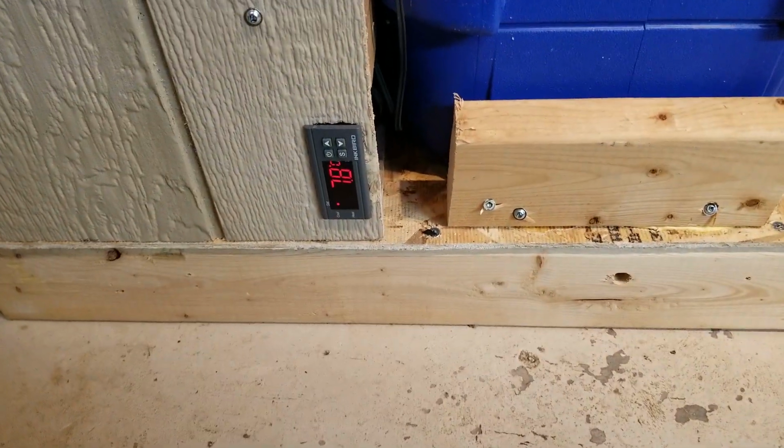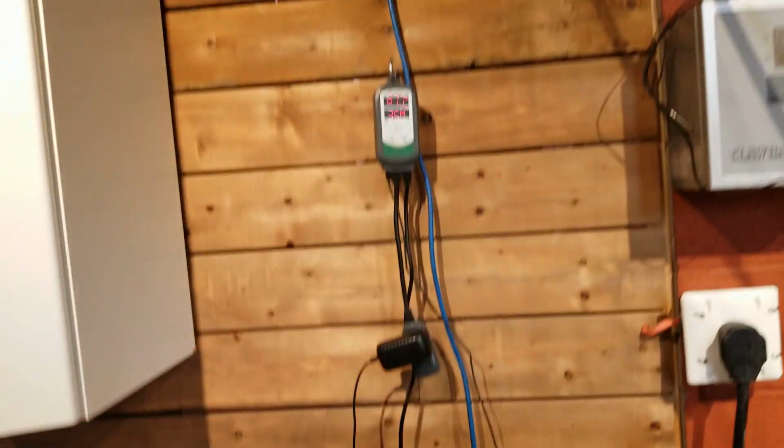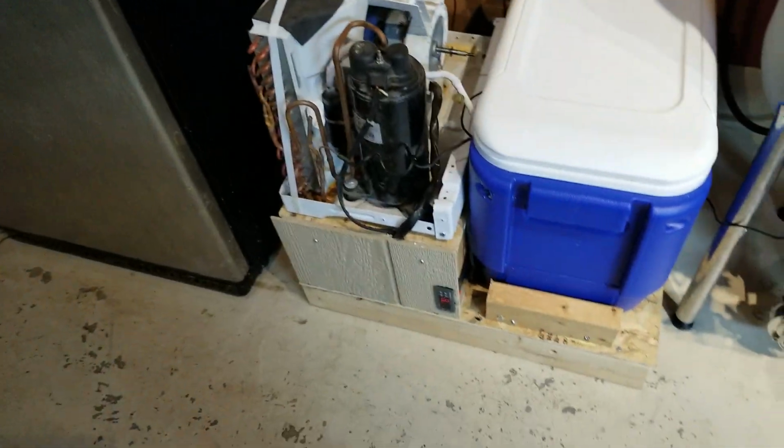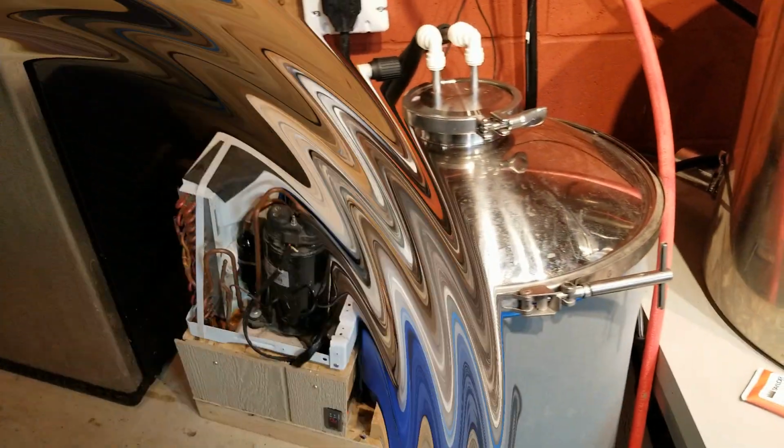Down to 7.8 now, and that's while I've got the pump running too, which means it's going to be doing double duty to cool this liquid down, to also...